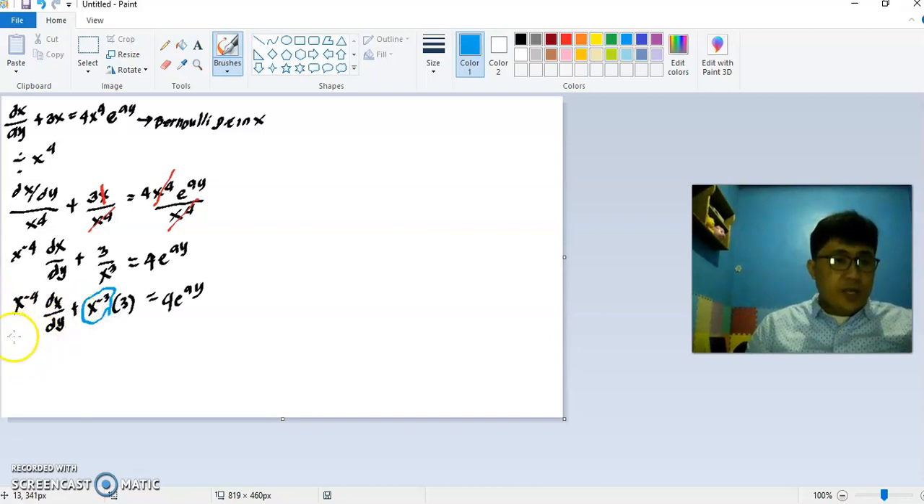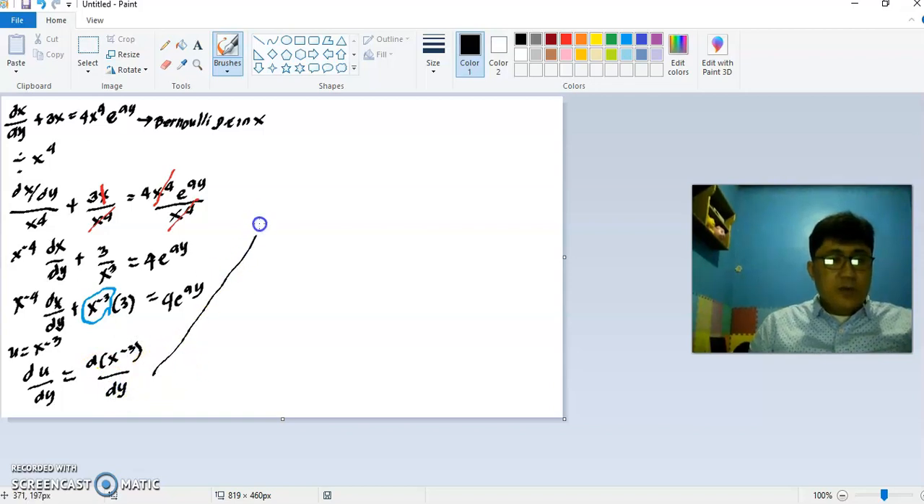So as I've written, that is u. So let's just follow u. If you want to use m, then use m. u is equal to x raised to the power of negative 3. So we need to derive that one. So du over dy, because here that is already dy. So equals, you have to derive x raised to the power of negative 3 over dy, which gives you